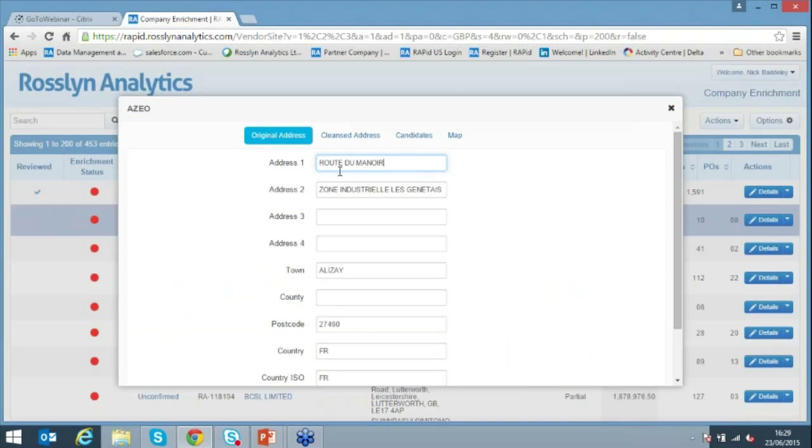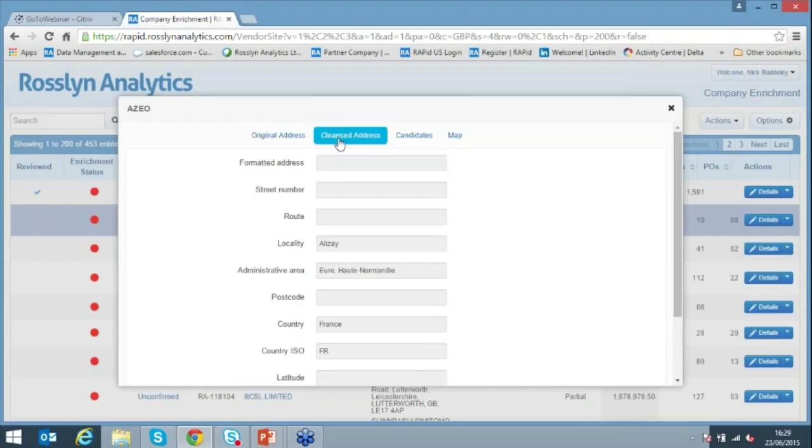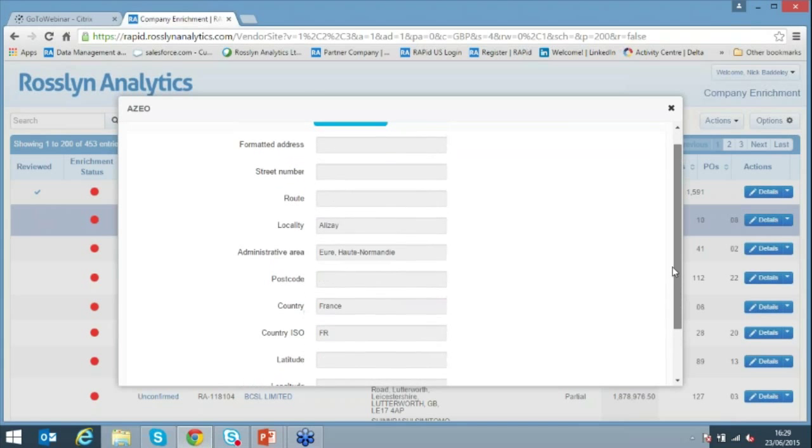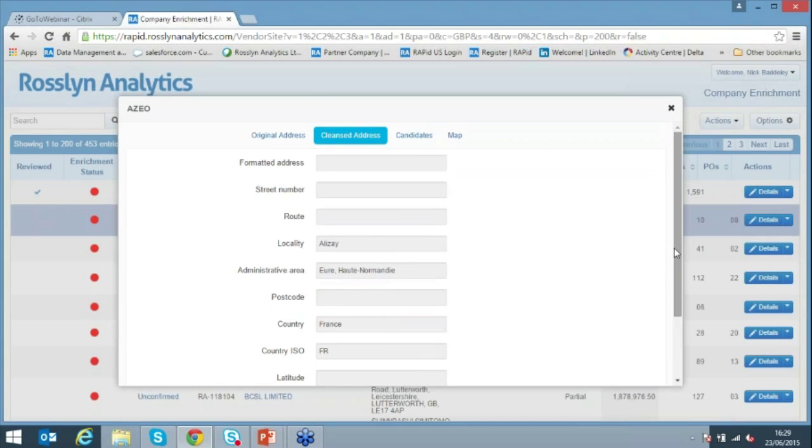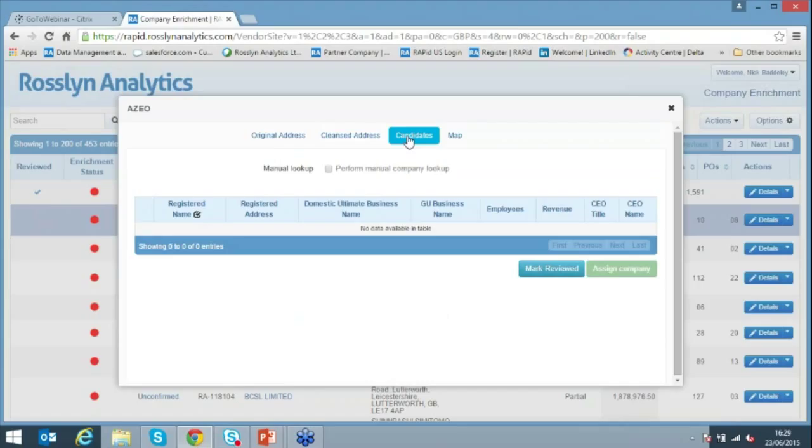and it said I've got a company called Azeo. It's in this particular location in France. It knows that location actually exists, but it doesn't know much about it because it's not really matching up properly. So it's saying, yes, I know there's a city or town called Alizé, but it doesn't help me much. And so what we can do is look at candidates, and it says I actually can't find anything that matches